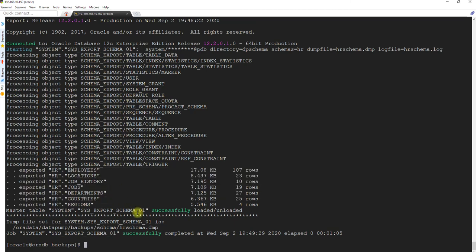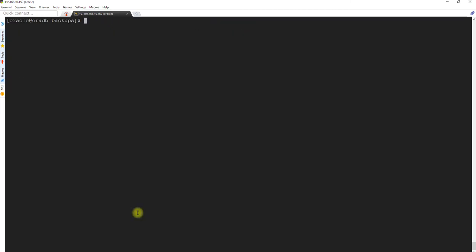So this is done. I hope this was easy. Let's do multiple backups. This time I will be using the HR credential, and I have created one table under it. So I will use the system credential, but I will use the schemas parameter because I have multiple schemas, HR as well as the other one, the Scott schema.